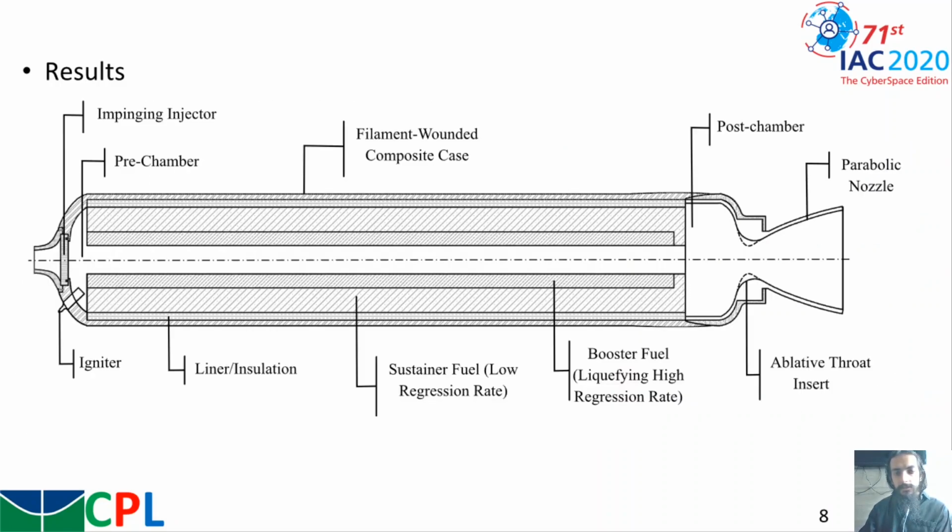Here is presented a conceptual design of the combustion chamber. So it is possible to see that an impinging injector was selected to increase atomization. A pre-chamber is necessary for the atomization and combustion stability analysis. A filament wound composite case was selected to decrease weight. A post-chamber is necessary for complete combustion. A parabolic bell nozzle was selected to increase performance of the nozzle. An ablative throat insert may be used,